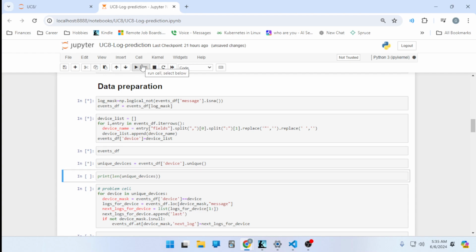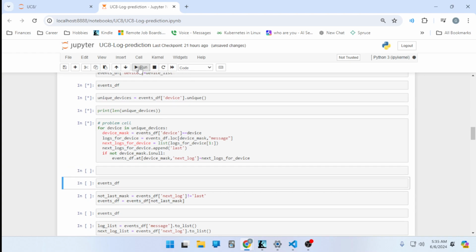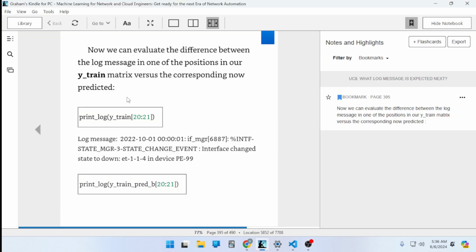Now we do have a problem cell here that I spent some time troubleshooting. I got it to run without errors, which doesn't necessarily mean the problem was fixed, but I'm hoping it's enough for now to move on. And if there is a major issue with it, we will see it because the results will look quite a bit different. So let's try to get down to this